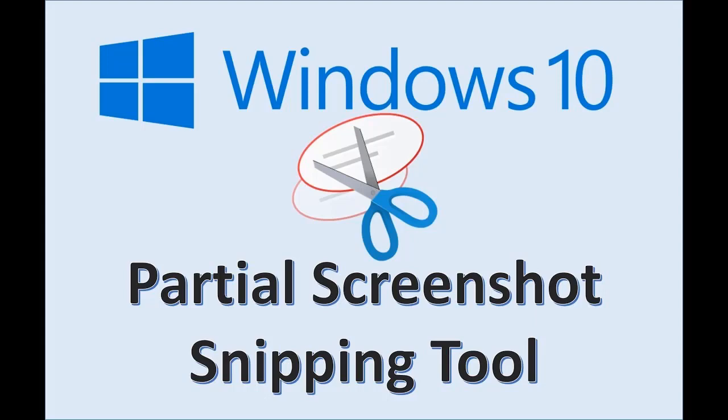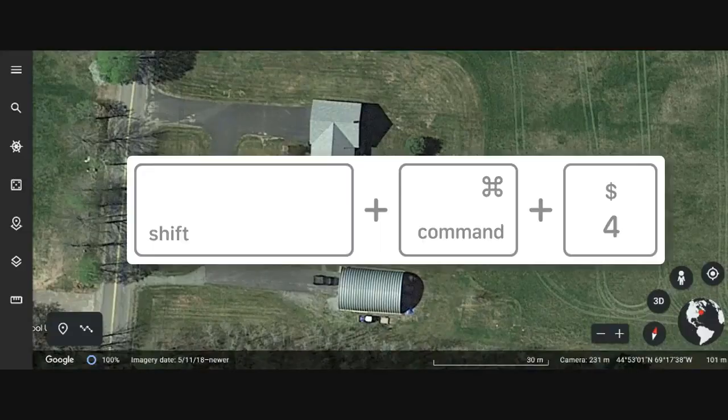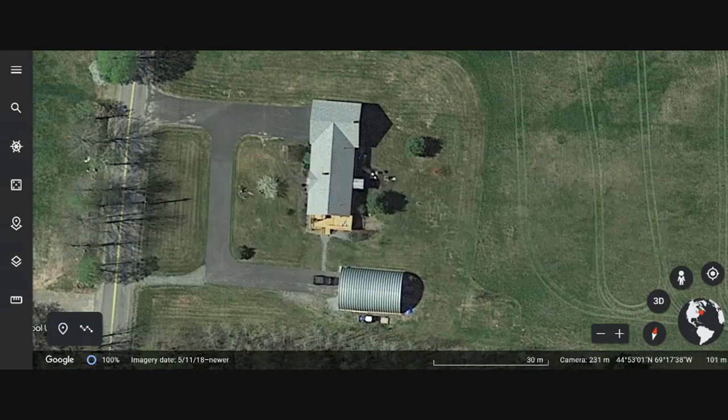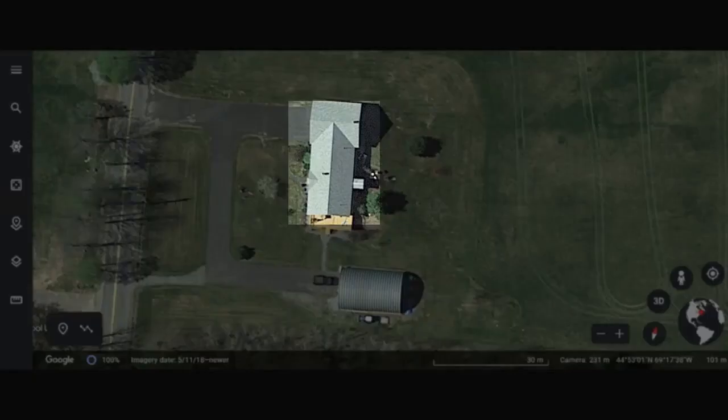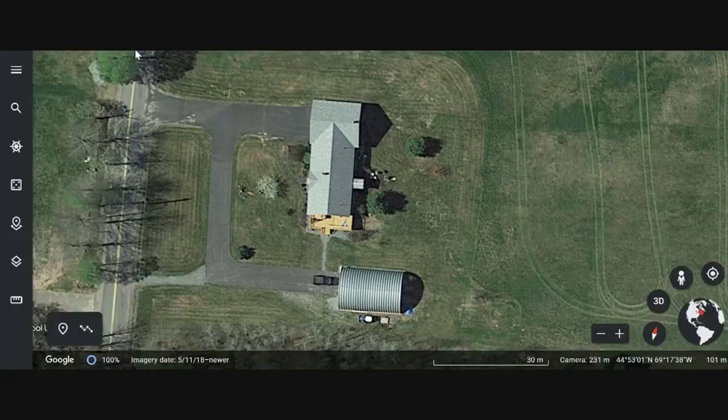On a PC, you can use the snippet tool. The Mac has screen capture too. You click and drag to take a screen capture. Now, when you're doing the screen capture, make sure you're not just capturing the house. You want to make sure that you've captured enough of the land around it so that you're not only on just the house. If I click and drag,